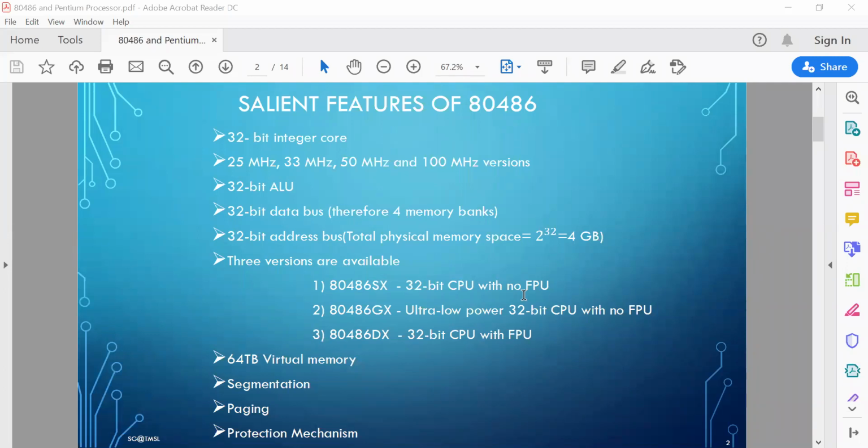In case of 286, it was 80287, and in case of 80386, it was 80387. And now what happened in the advancement of the technology of this microprocessor compared to 80286 or 386? It has an on-chip floating point unit. So you don't need to connect this floating point unit externally, because it is already implemented inside the CPU, inside the chip, inside the microprocessor IC.